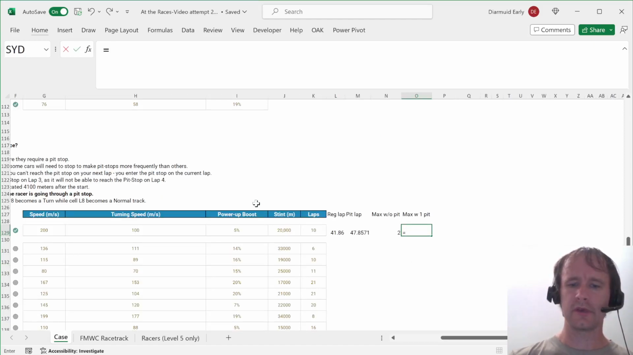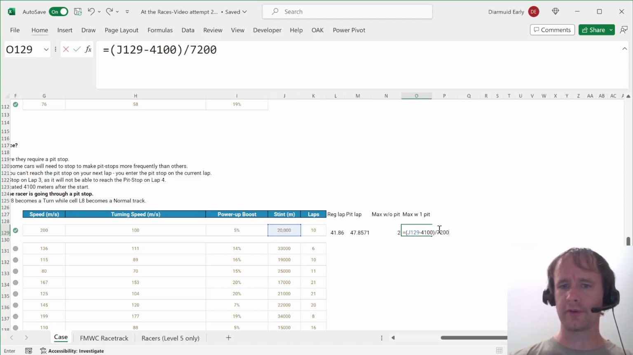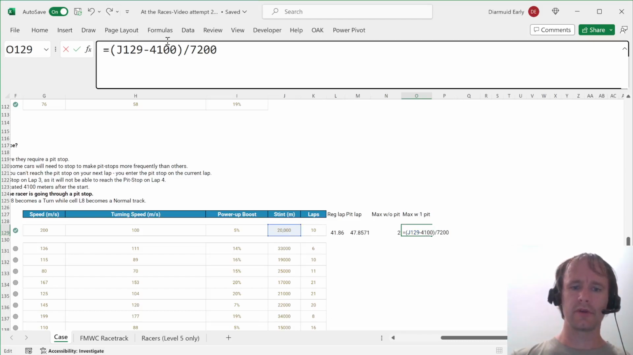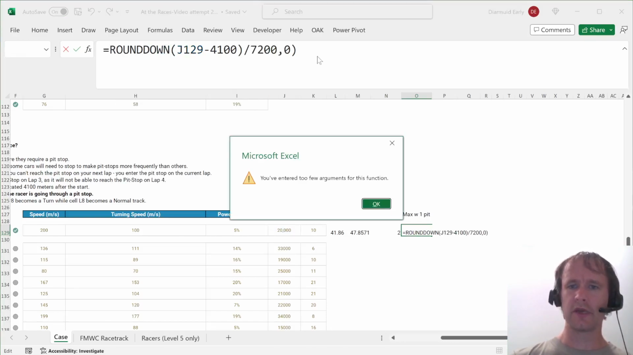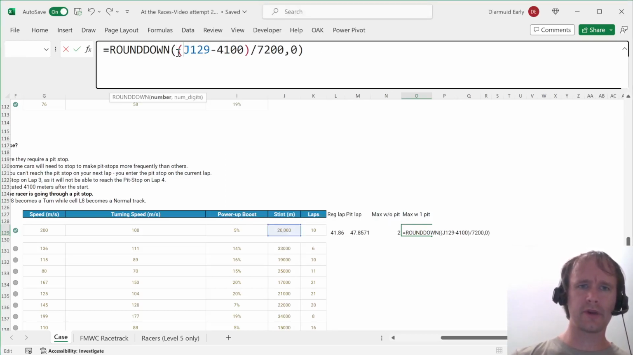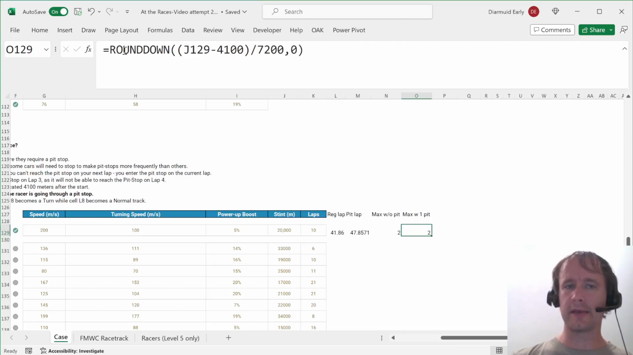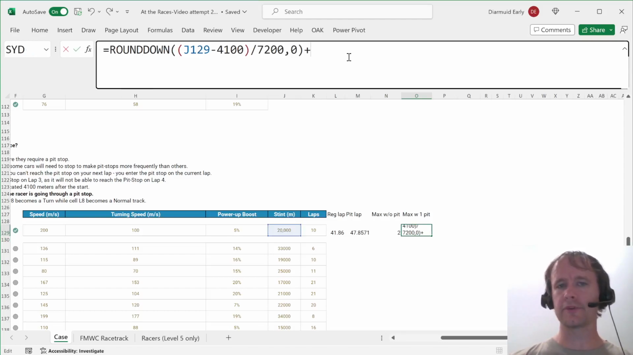Well, it's going to be your total stint minus the 4,100 divided by 7,200. So in other words, your total stint minus the 4,100 is the range you need to get to the pit on your last lap. So then the rest of the range, you can use that to do some number of 7,200s, and we're going to just divide by 7,200 and round down to 0 again by the same logic as before. Oh, sorry, I didn't put an extra bracket there. So that's the number of laps you can do before,